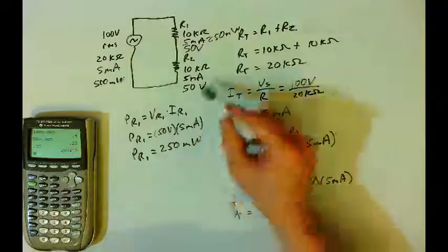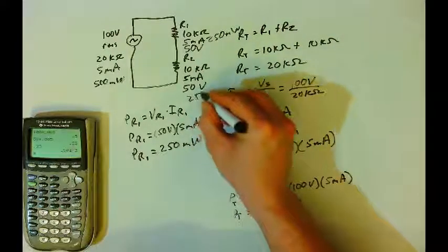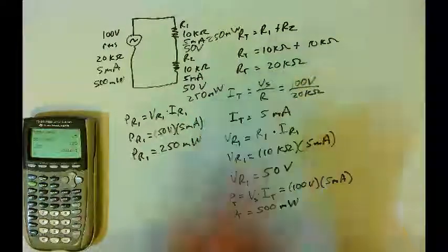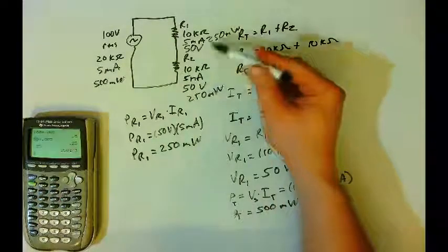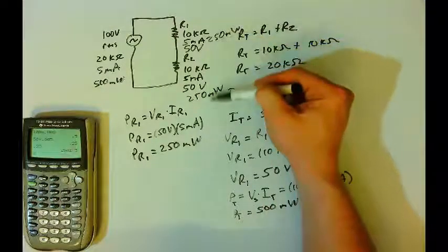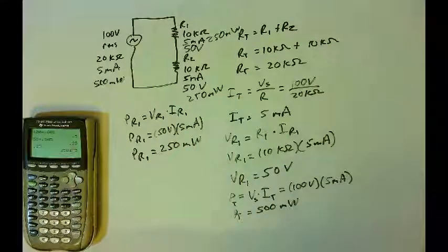for R1. We're going to have the exact same value here for R2 because we have the same voltage and the same current, and the power dissipated by each resistor adds up to be the total power dissipated